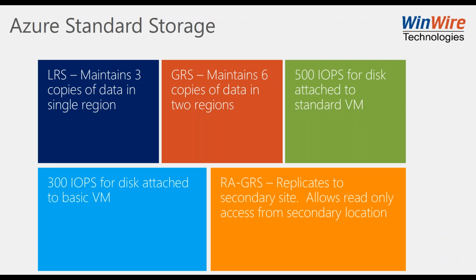So local redundant storage, if you choose, this is the base option, and you're maintaining 3 copies of data in a single region. So for instance, I'm based here in the United States on the East Coast. So if I put my application here in the US East or US East 2 data center, then I automatically have 3 copies of my data in a single region. Geo-redundant storage, that's 6 copies. That requires you to do a concept called pairing with the data center. And so you could pair, for instance, US East and US West, and then your data is moved across the line.